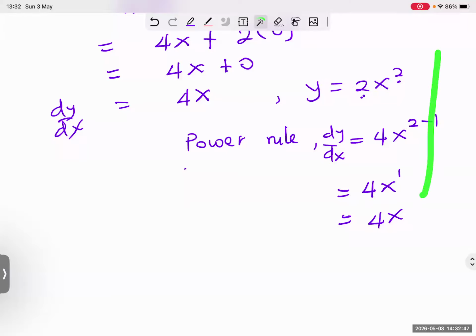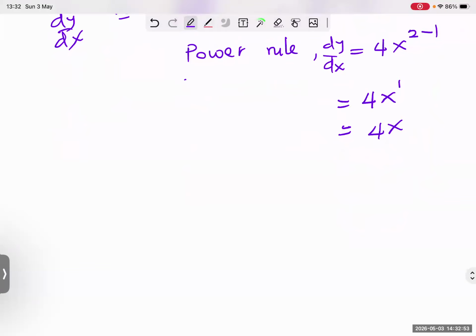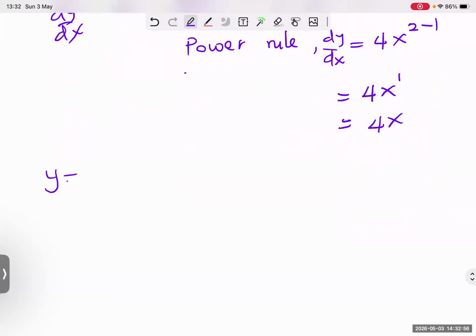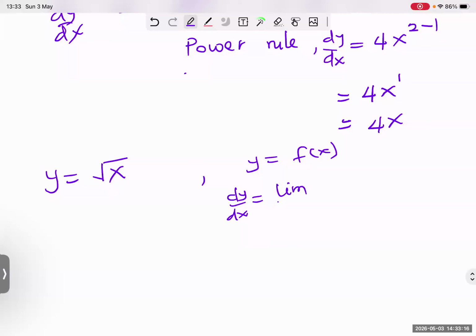And if you compare the two, the power rule of differentiation is much simpler. Then the last question was y is equal to square root of x, to differentiate this function using the first principle and after that verifying. Let's write down the formula. Given y is equal to f of x, dy/dx is equal to the limit as h approaches 0 of